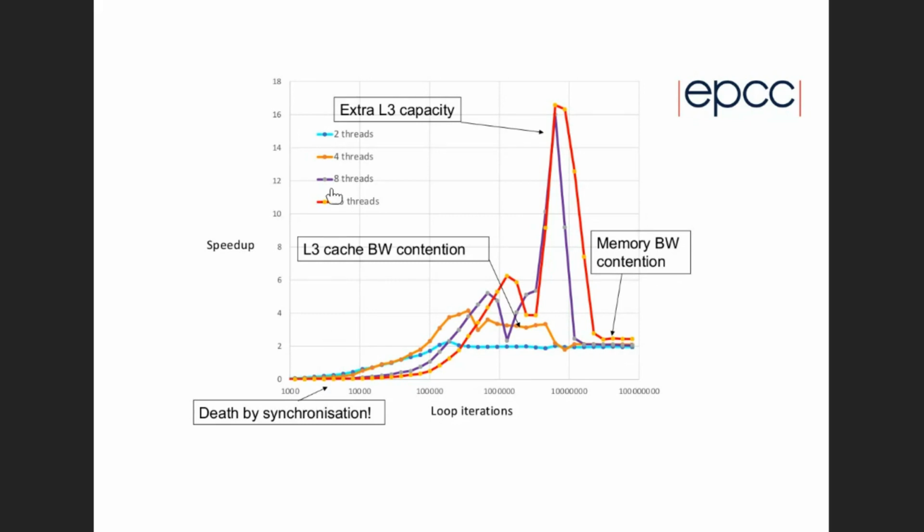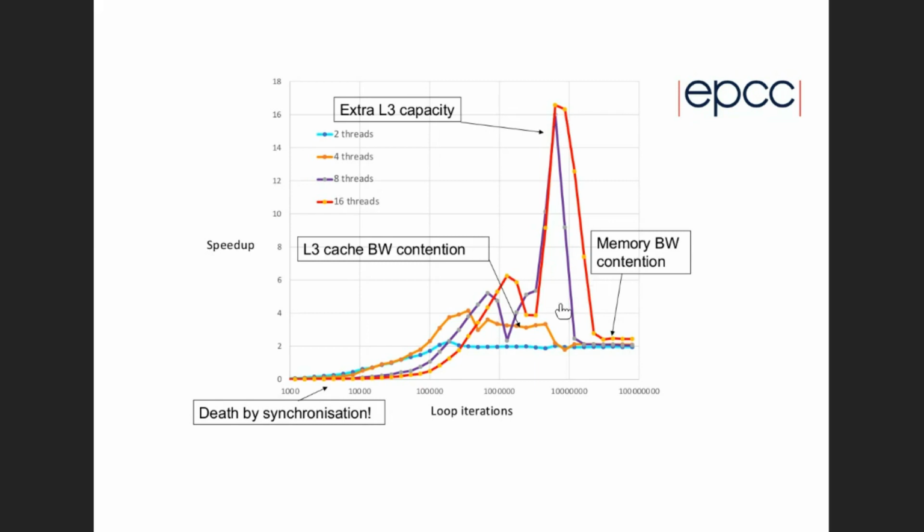The same happens for 16 threads. I get a wider boost here because I've got 4 times as much L3 cache. But you can see that once you get outside the L3 cache capacity, the speed up drops. Okay, this is because of the additional cache capacity.